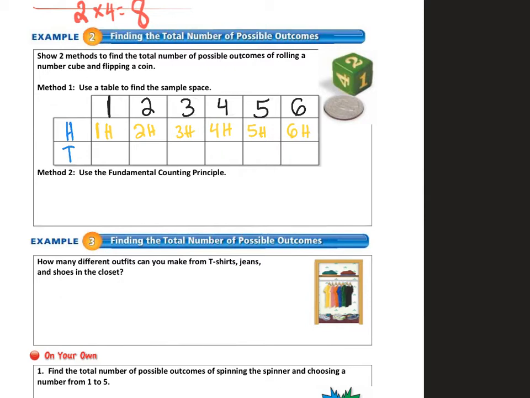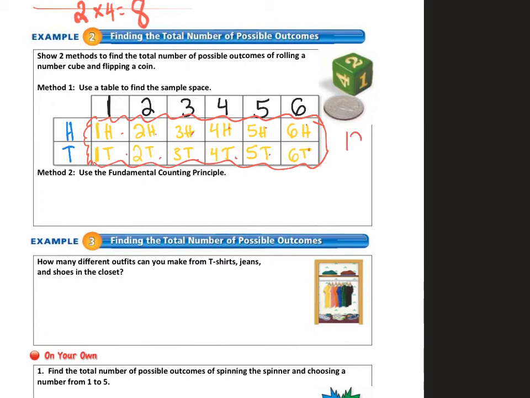But you could also roll a 1 and flip a tail, roll a 2 and flip a tail, roll a 3 and flip a tail, roll a 4 and flip a tail, roll a 5 and flip a tail, and roll a 6 and flip a tail. So this right here is our sample space, the total options. Okay? So we can count them up and see 1, 2, 3, 4, 5, 6, 7, 8, 9, 10, 11,